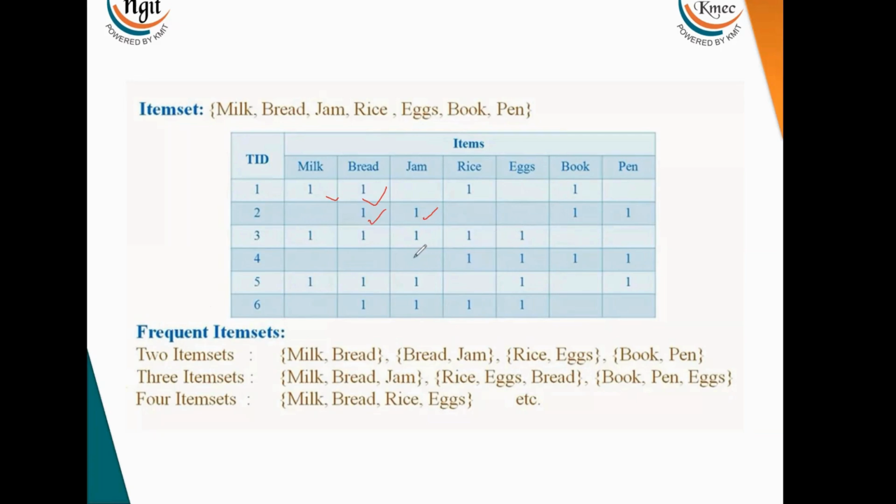In the same way, if you want to find 3 item sets, then in transaction 3, we can see milk, bread, and jam purchased together, or jam, rice, and eggs purchased together. If you want to make 4 frequent item sets, in transaction 6, we can say that bread, jam, rice, and eggs all form a 4 frequent